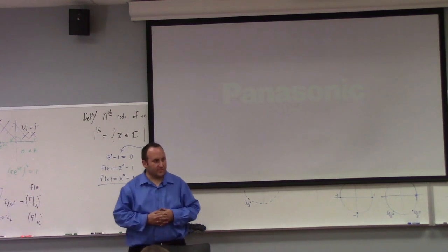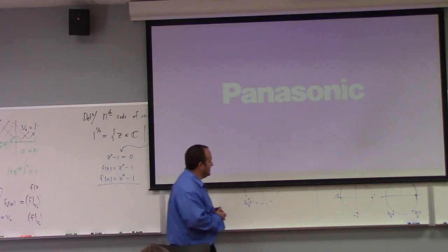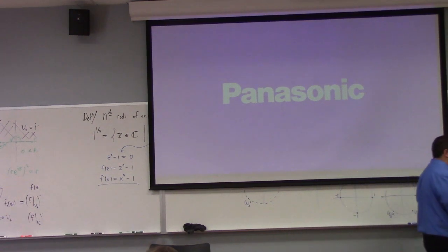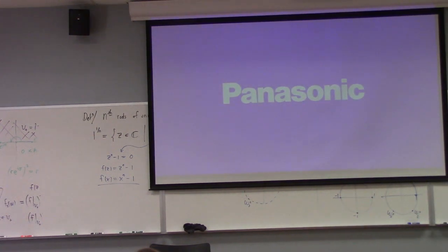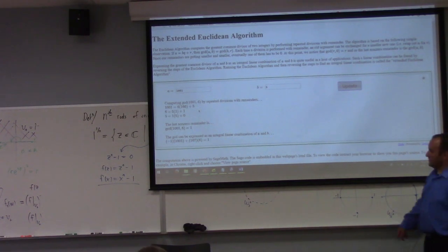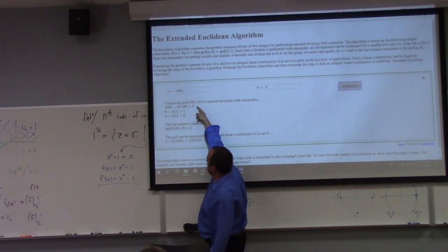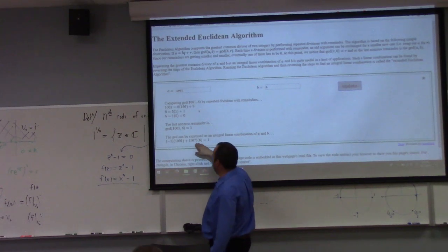As you're working on Euclidean algorithm kinds of problems, you can check your answer with my little brother Bill's handy dandy Euclidean algorithm calculator. Super awesome. Come on, you can do it. You did it earlier. Now you have it in you. All right, there we go. So you can plug in A here, B here. This will show you the steps of the Euclidean algorithm, and here's what comes as a result of the back